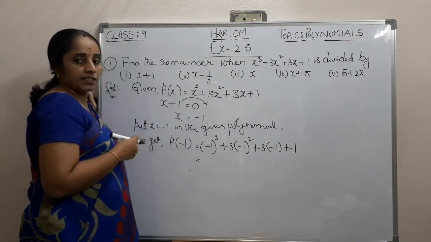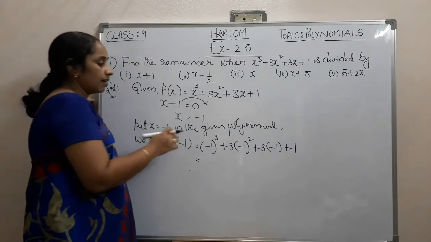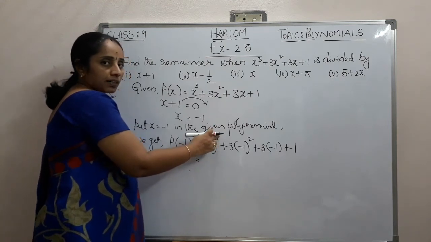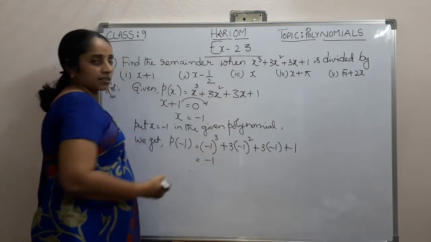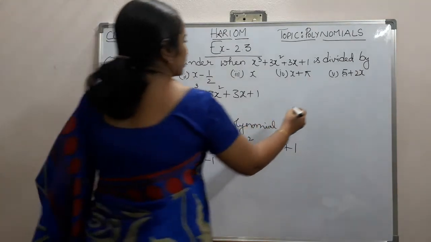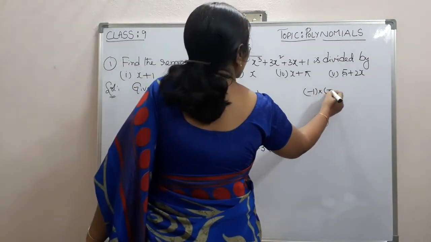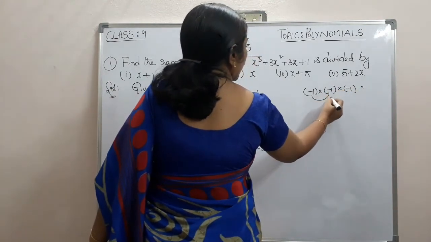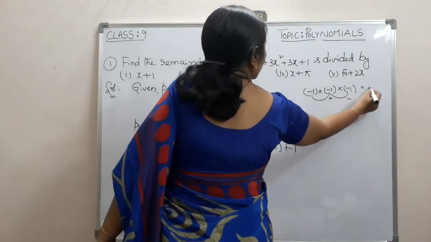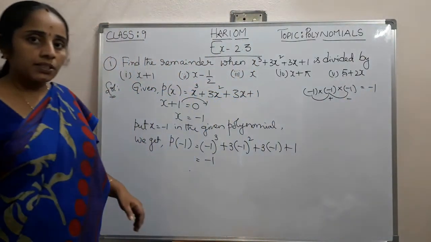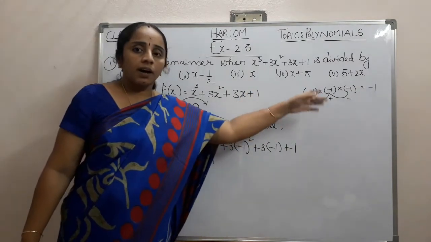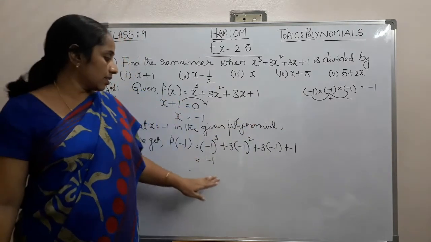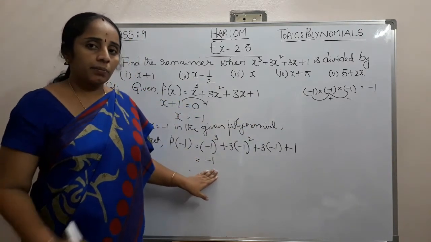These things we already discussed in our earlier classes, that is minus to the power odd. Minus to the power odd number, we can get minus 1. How is it? Minus 1 into minus 1 into minus 1. Minus into minus plus. Plus into minus minus. So it is minus 1. That means if the negative sign appears an odd number of times, you will get a negative result only.